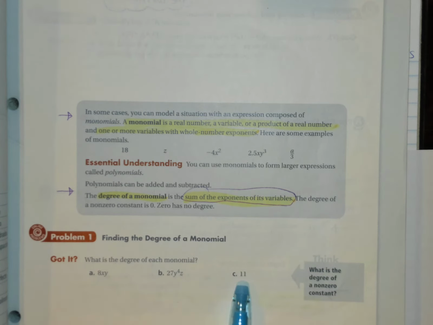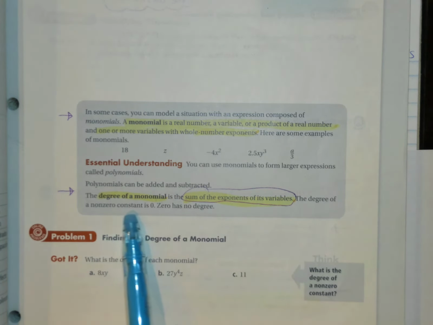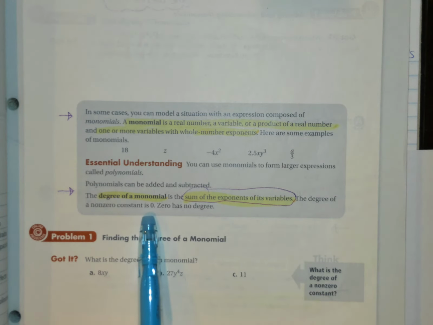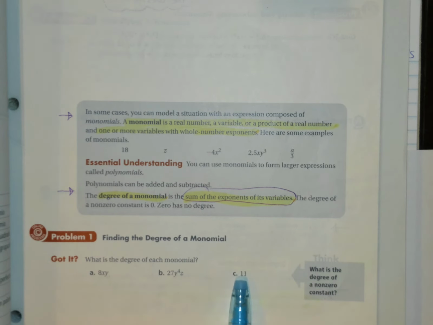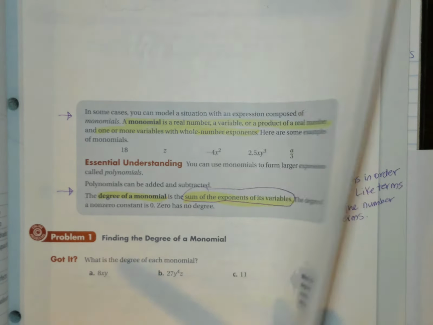If it's just a number, it says up here, the degree of a non-zero constant is 0, and 0 has no degree. So since this is 11, it's not 0, it's a constant number, the degree is 0. And then if you turn the page,